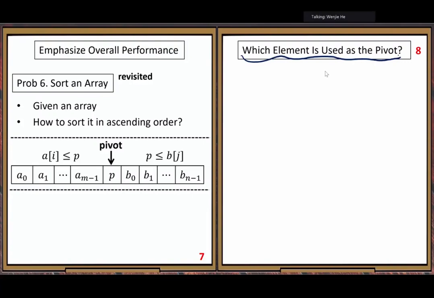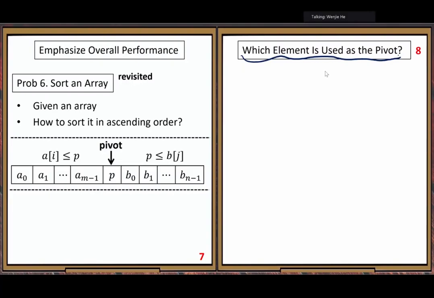We have a lot of freedom to choose the pivot element. But in a given array, you have no idea regarding the values. Which one is smaller, which one is larger, which one is in the middle, you don't know. You have no information.